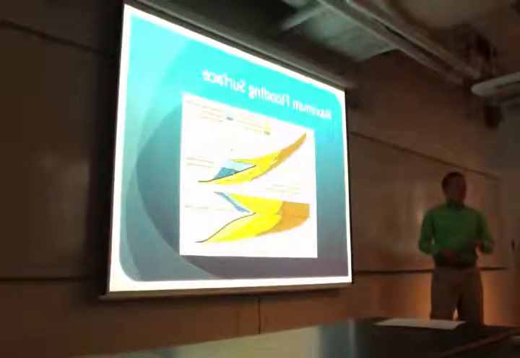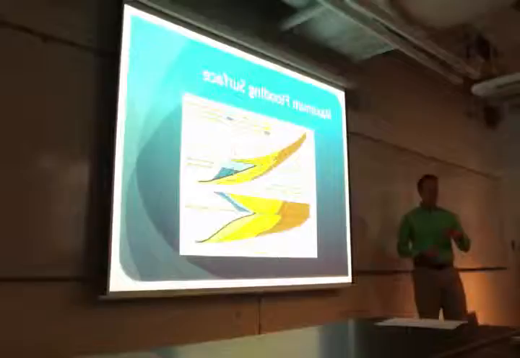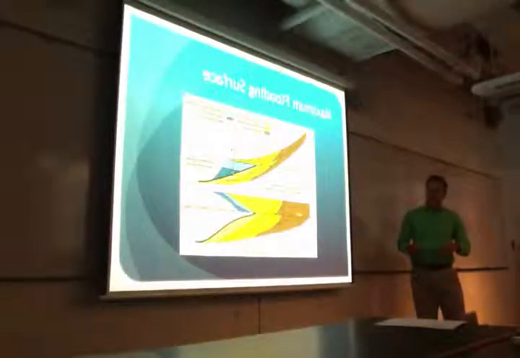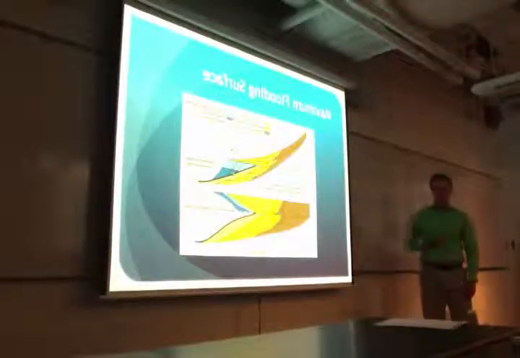Another big thing you'll see is a change in the energy of the fluvial system. So you'll go from meandering, which is this yellow, to braided, which is this orange above, so like in this section. And that's just because the maximum flooding surface makes the sediment step back and then starts prograding again. And so we get braided over meandering systems.